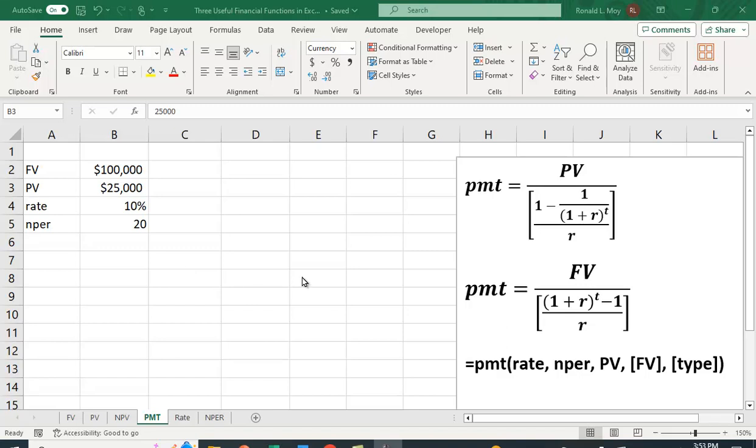In a previous video, I showed three useful financial functions in Excel: future value, present value, and NPV, or net present value, although that function doesn't actually calculate net present value. I want to show you three more here that are really quite useful: the PMT, the rate, and the end period function. And the reason I want to do this is what I find is students are oftentimes using formulas